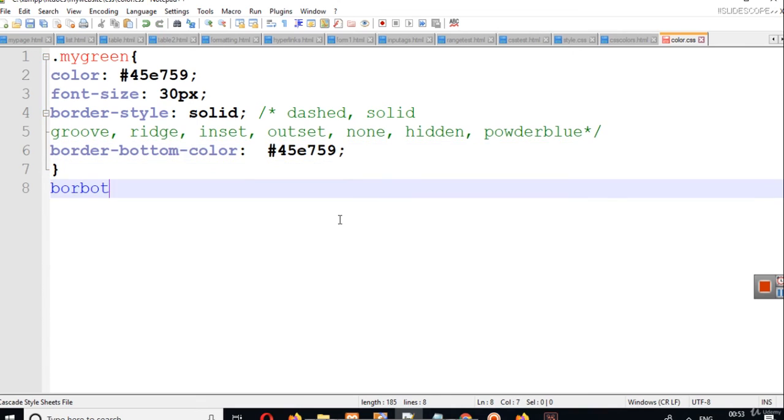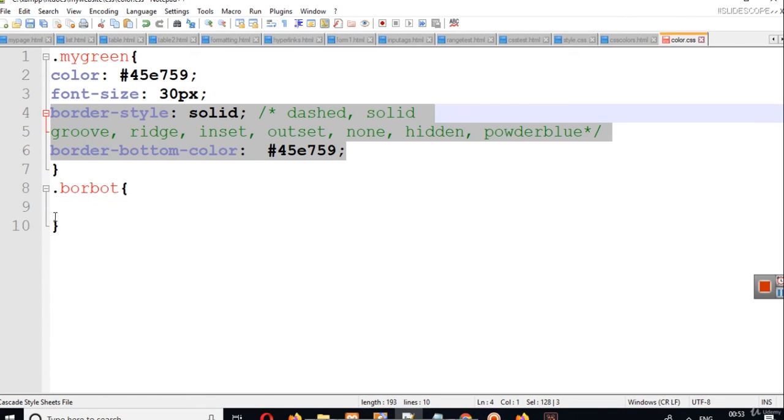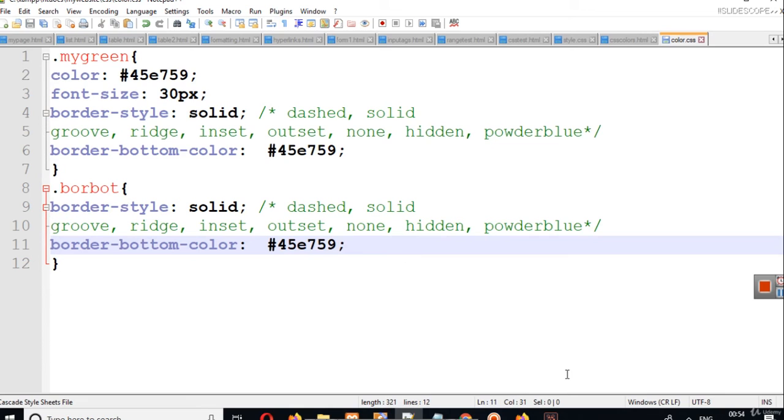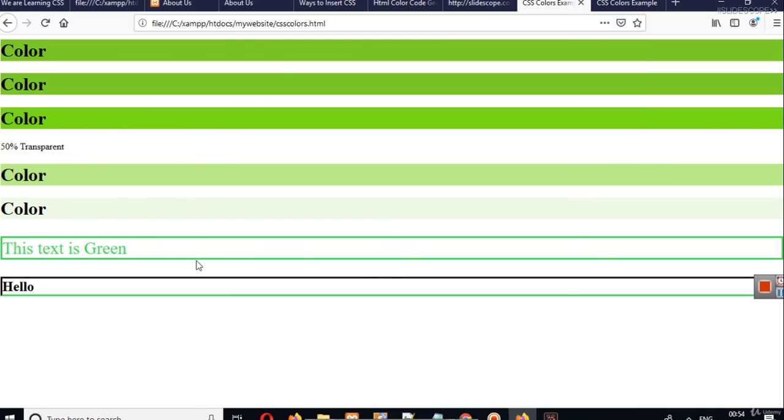Because we have another class here, we can refer to it by the dot operator. Now I will use border style solid here and border bottom color as this particular color here. Now you will be able to clearly see the difference, that the border is solid and the border bottom color is black here.